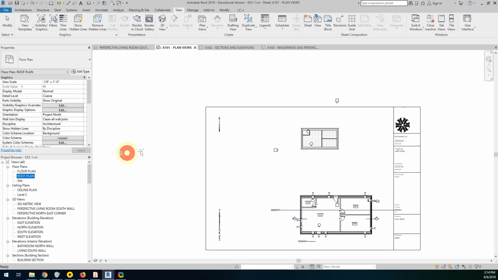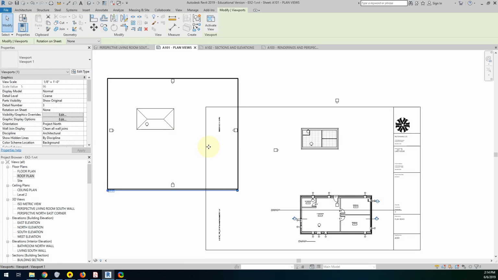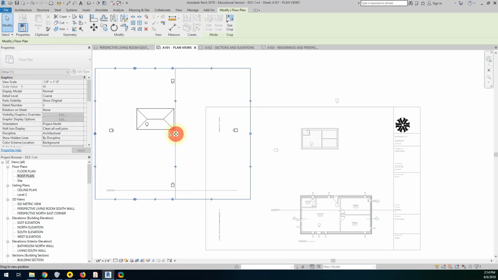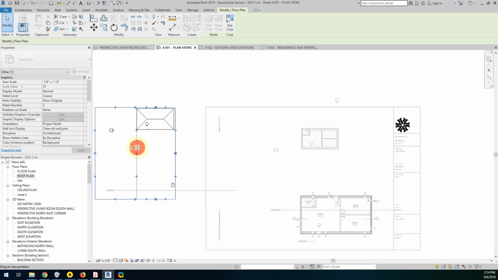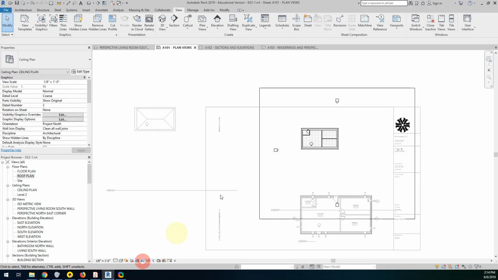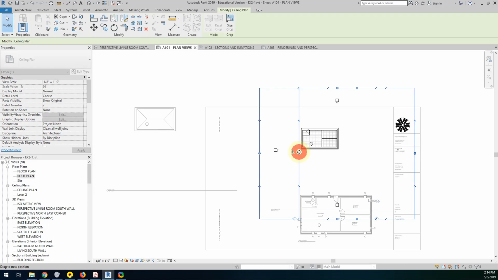Drag our roof plan over. I'm going to place it off the sheet so I have some room to work with here. And now I'm going to activate the roof plan. Turn on the visibility of the crop region. Drag it in close to the building. Deactivate it. Do the next one. Show the crop region. Drag it in,